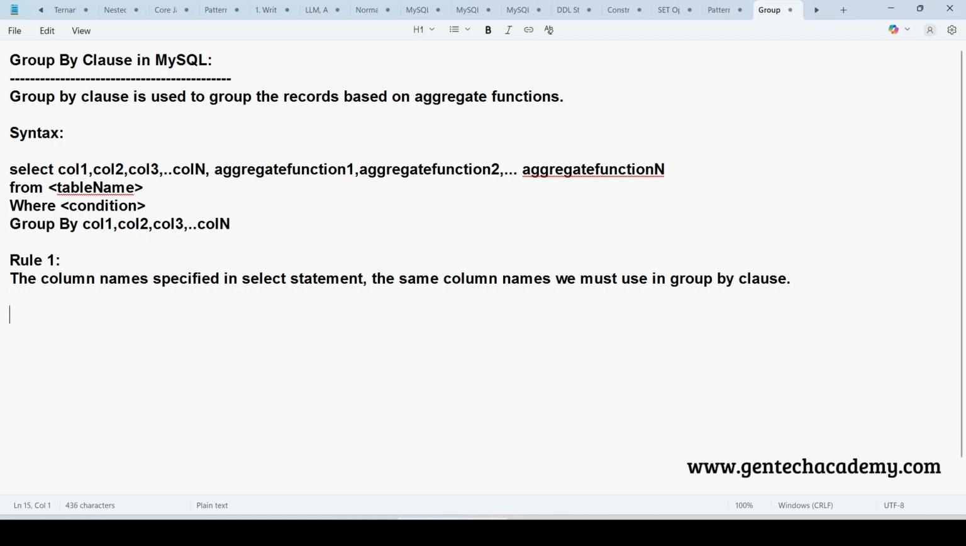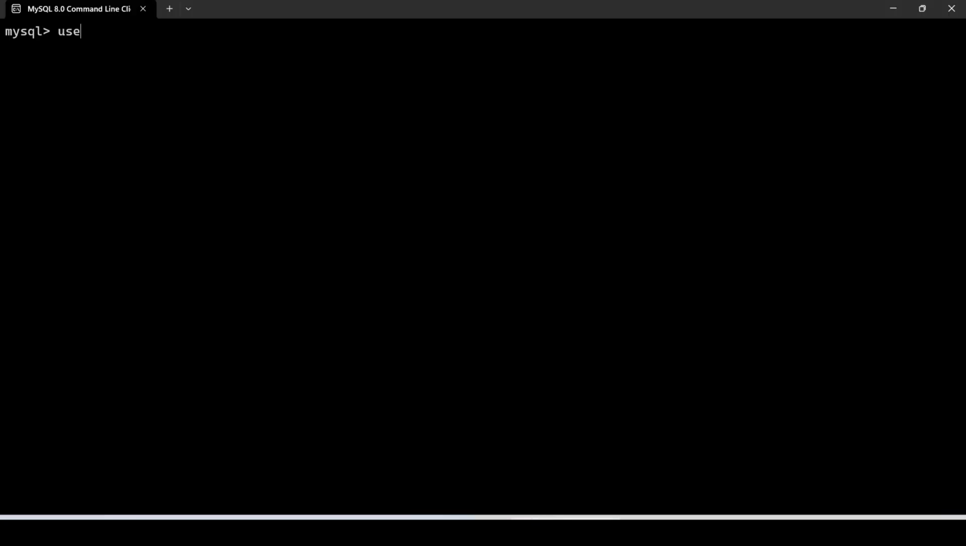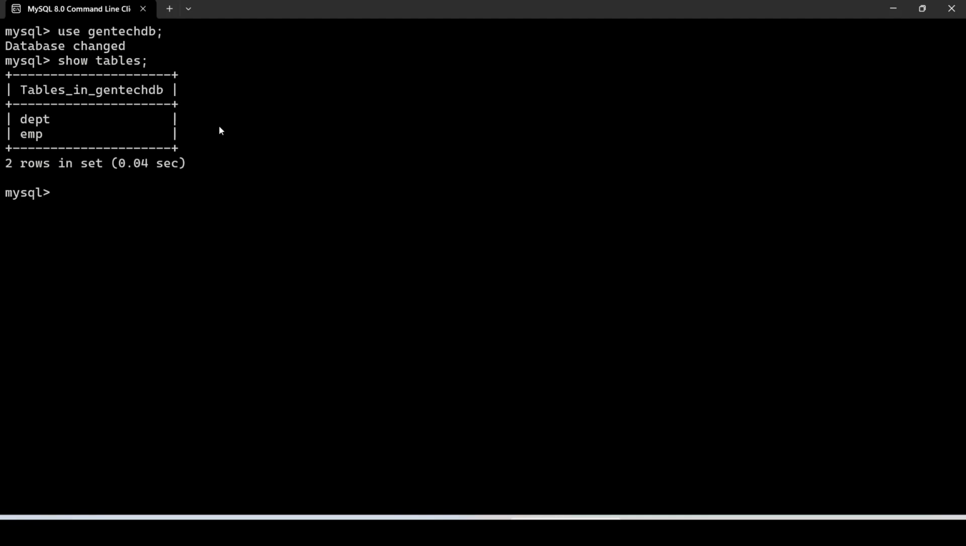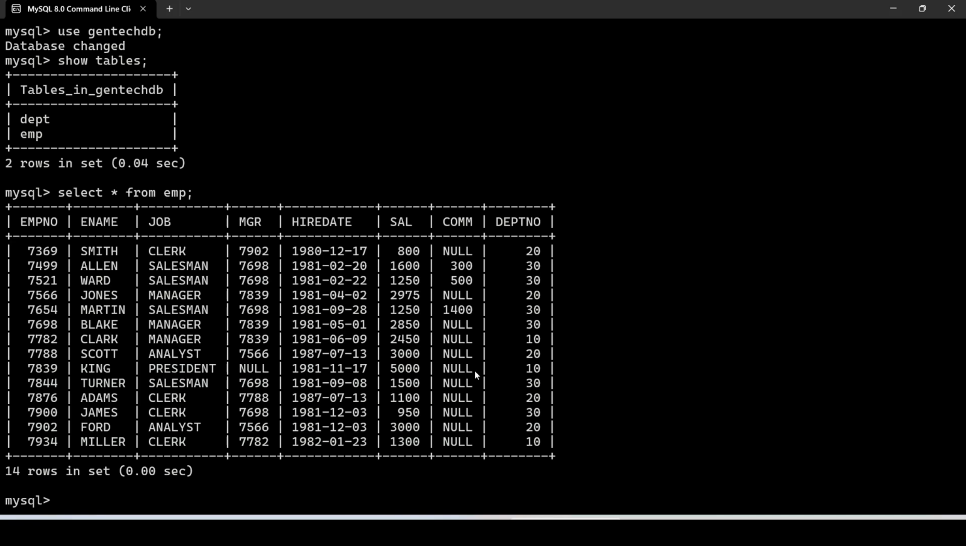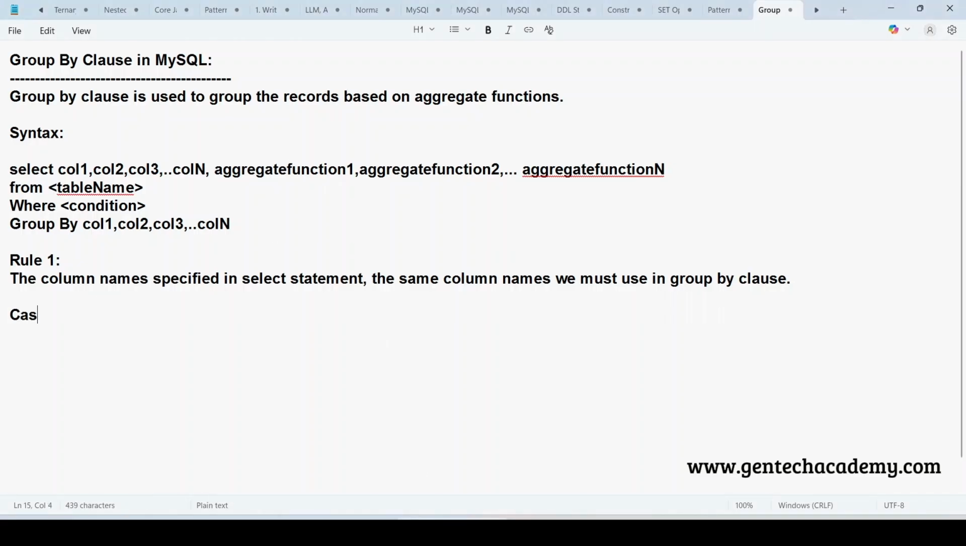So first we can write one query and match it with our rule 1. Use GenTechDB and show tables. Currently we have EMP and department, so I would like to go to select star from EMP. So this is our EMP table. Now we can write a query. Case 1: write a query